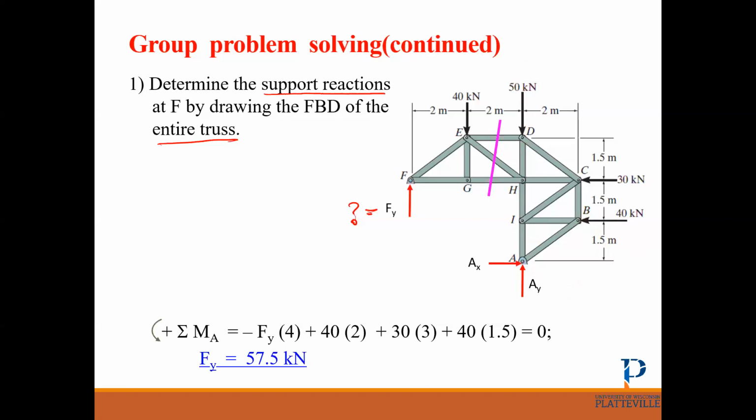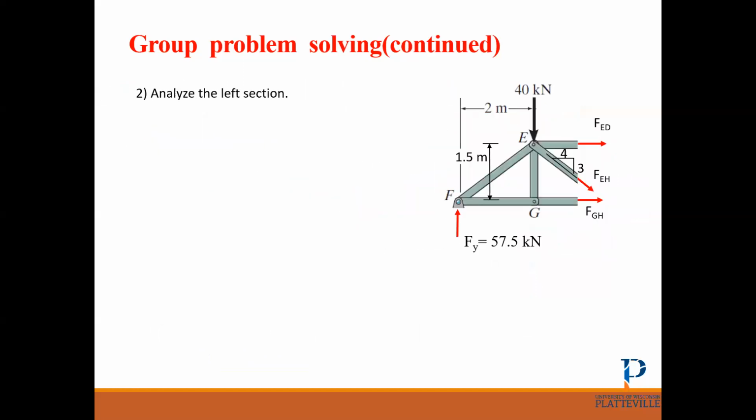So from here, we can find the reaction. Finding reactions is the first step. What is next? Draw a free body diagram of the left side of the truss that we're going to analyze, and it's easier to analyze. Okay, let's go ahead and draw the free body diagram for the left side with all internal load